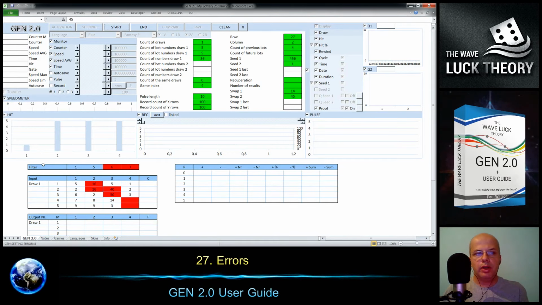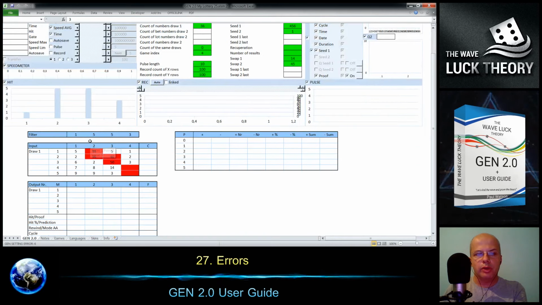Then there is an error with the filter, so the value cannot be higher than the maximum, which is 5, because if you have 5 matches you cannot have more according to the preset. Then the gene is able to continue over the other walls. So I'll change it to 5 and try start, and still the last wall is too high, so we can reduce it and start, and this is how we get rid of the errors.